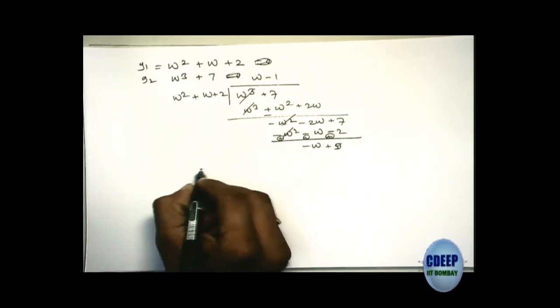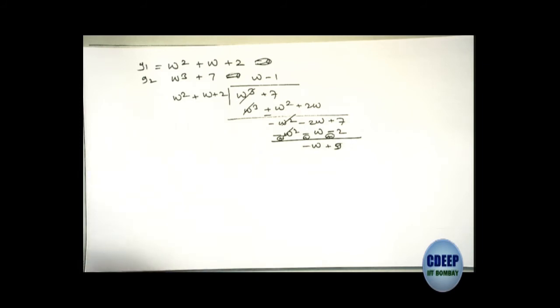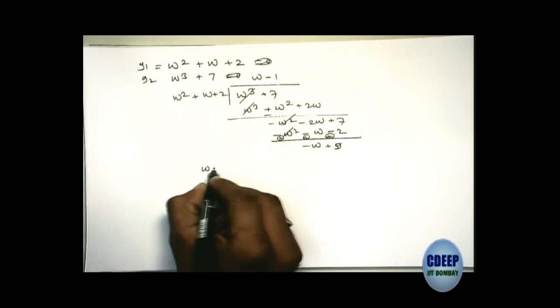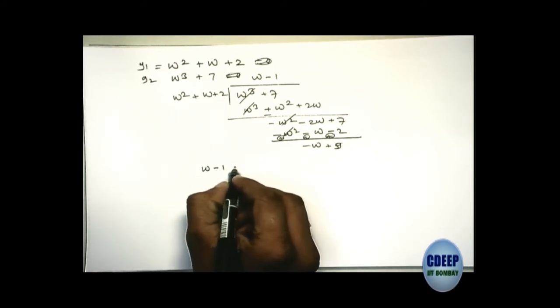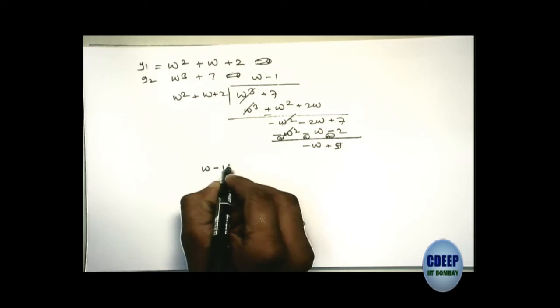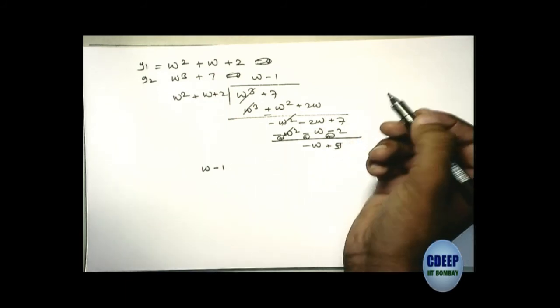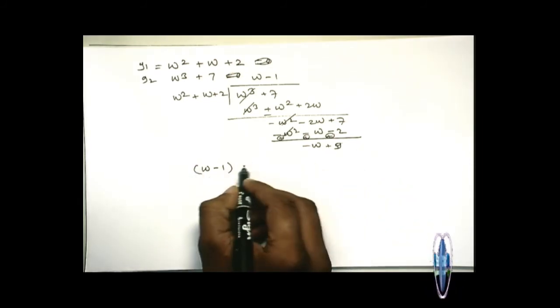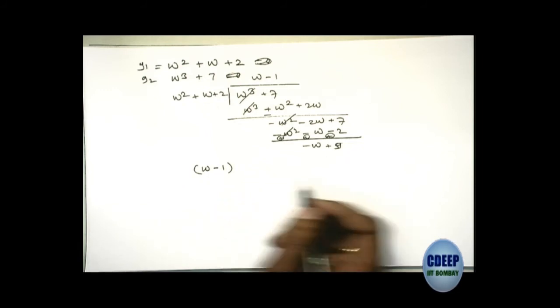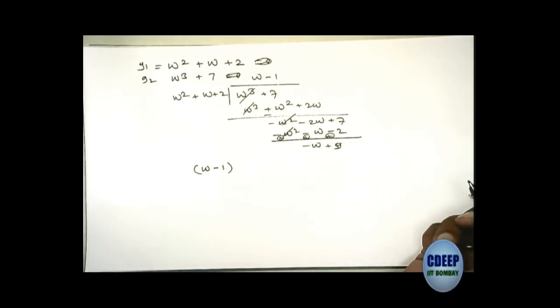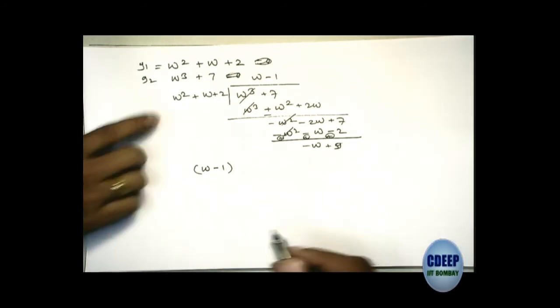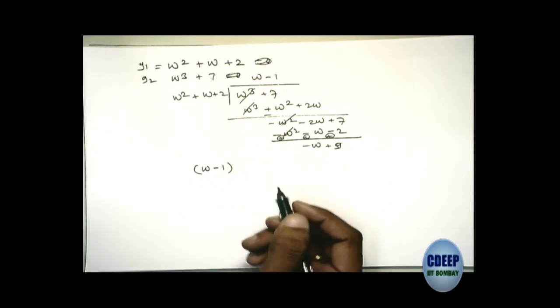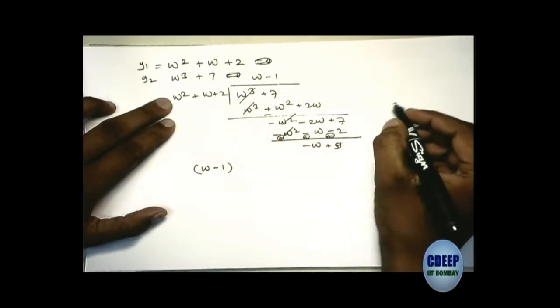The remainder, we have to write in that form. You can write omega minus 1 into that divisor. Why 1? It should be 9, no? No, the GCD computation is not over yet. You have a remainder. You have to use that remainder to divide omega square plus omega plus 2. Same procedure you have to follow here.